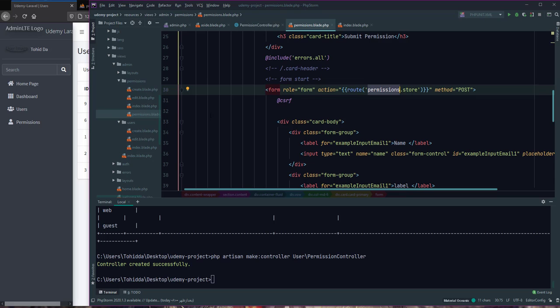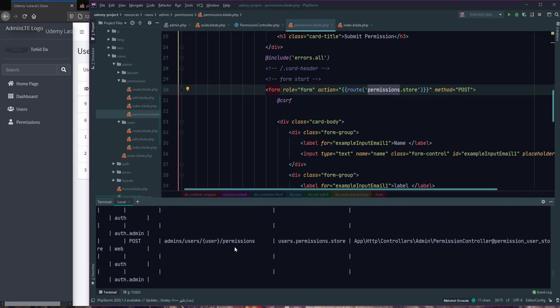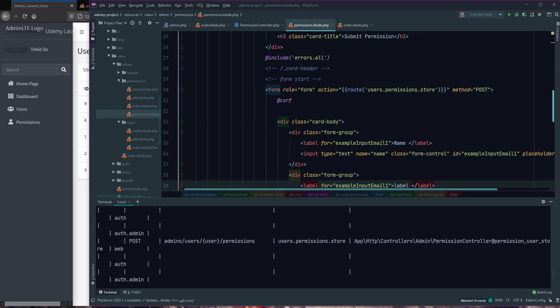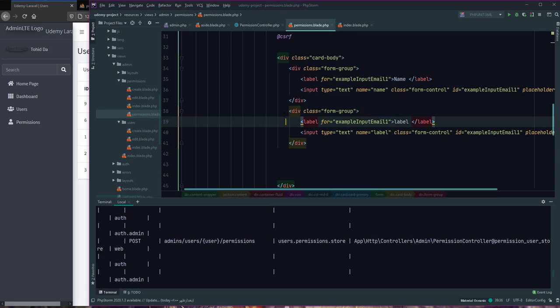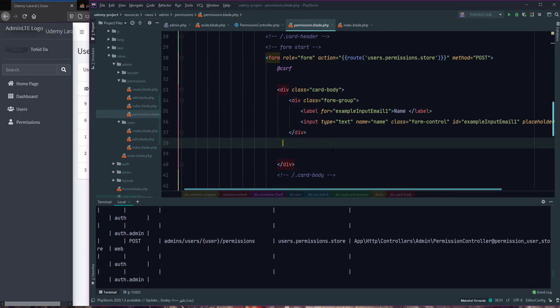Route name, we can use PHP Artisan route list. Permissions store. Okay, user permission store, and name, add remove this and add permissions